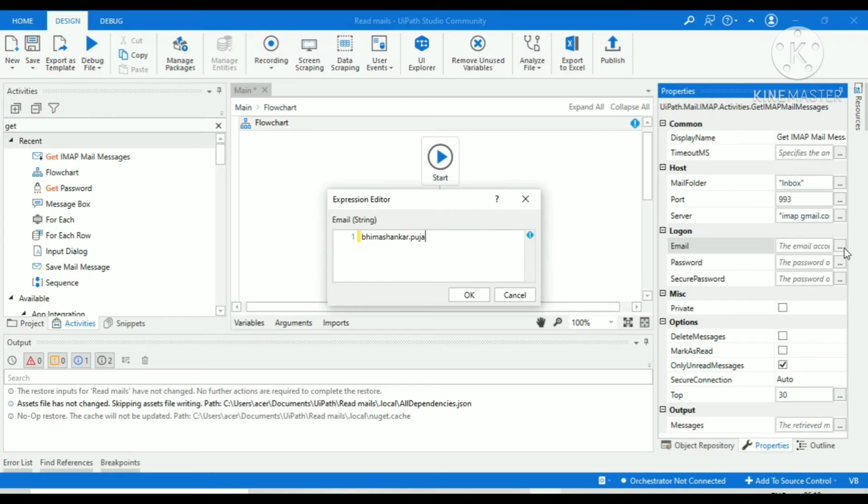I am writing my Gmail account. From this Gmail account, it reads the messages. So write your Gmail account correctly, otherwise it will show some error.